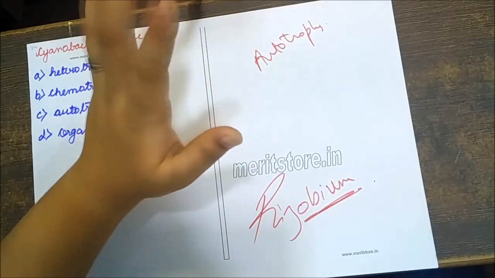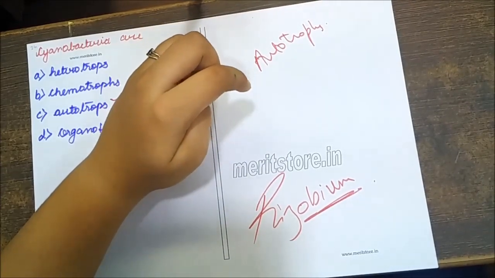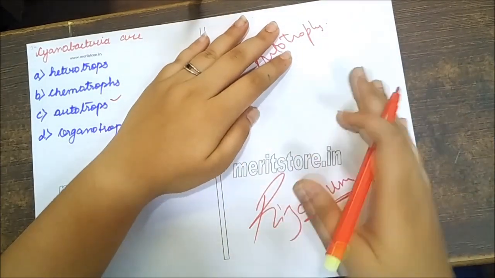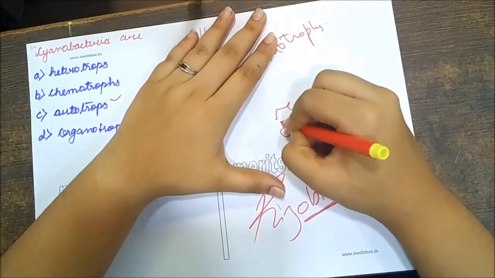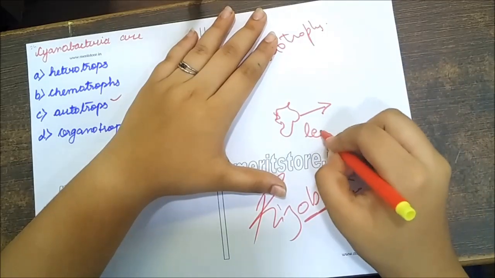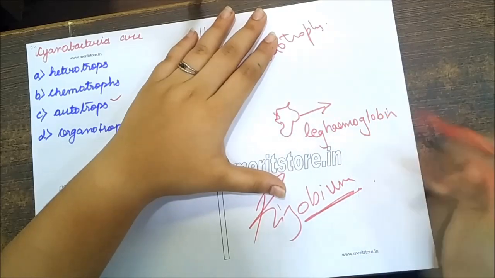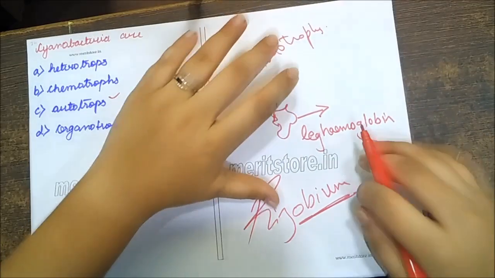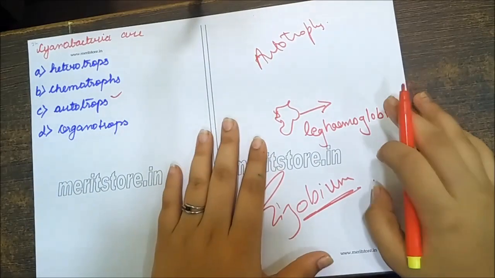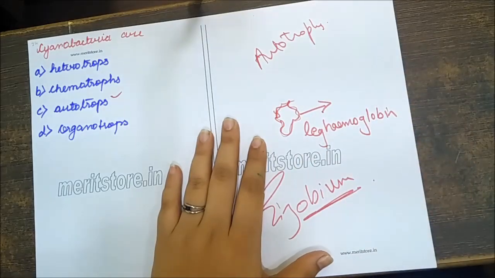In the nodule cells, bacteroids lie in a group surrounded by the membrane of the host, which is lined by a pink and red pigment called leghemoglobin. Now, what is surrounded by the membrane of the host, lined by pink and red pigment called leghemoglobin? The nodule cells, in which the bacteria lie in a group.